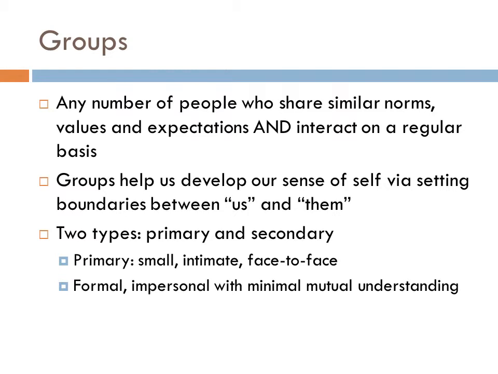Secondary groups tend to be much larger than primary groups. Your coworkers are considered to be a secondary group. Secondary groups will often have a shared goal or interest. When I went through my master's program, I studied with the same students throughout the entire program. We got together outside of class to work on assignments and occasionally to socialize, but we were there for a purpose, to earn a degree. So after our goal was reached, secondary groups tend to disband.